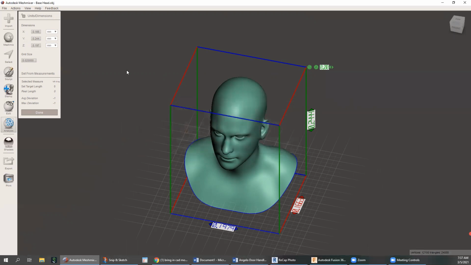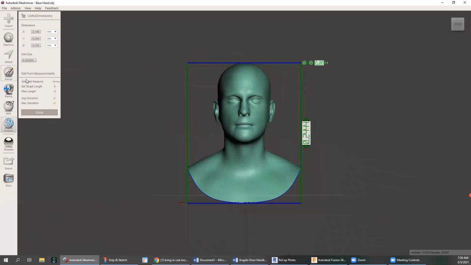Doesn't matter. We converted back to millimeters, and now you can see it's really tiny, 0.19 millimeters. What we care about is this right here. It says selected, measured, which is interesting. So if we go to the front, and right here it says left drag. So when we're in units and dimensions,